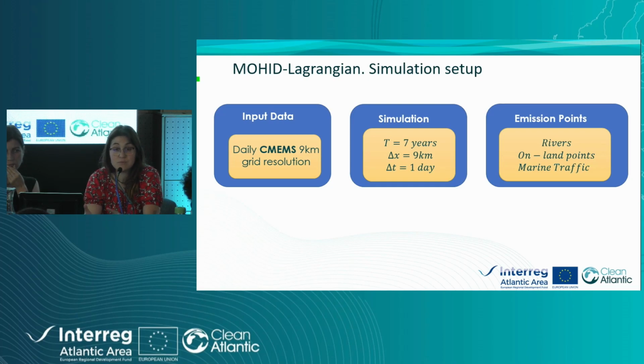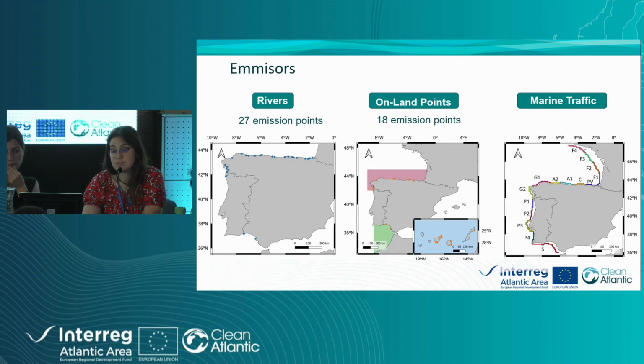We need to take into account that we're going to use a low-resolution model of 9 kilometers, so we're going to see different processes. So we conducted a simulation of 7 years with a daily resolution, and we considered 3 types of sources, which were rivers throughout the Atlantic area of the Spanish coast, pressure points, land points covering coastal areas, water management plants close to the coast, population areas, highly populated, and other parameters that are also covered in